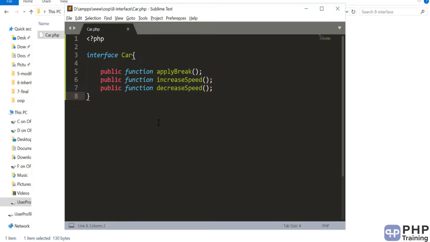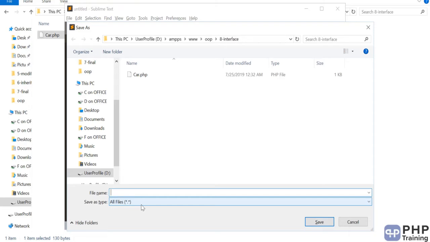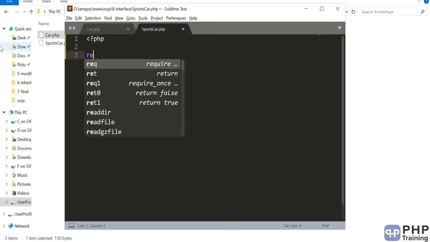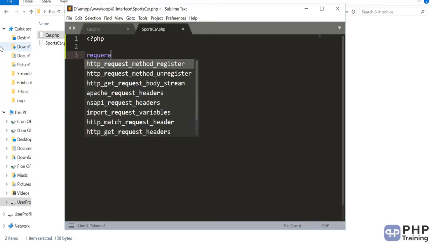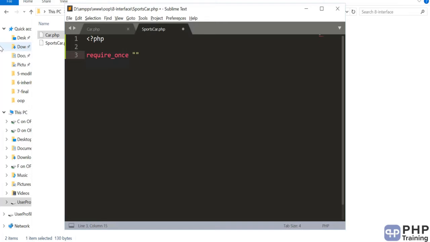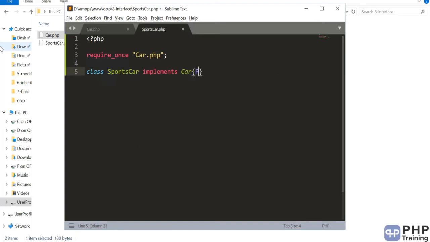So let's create that file and we call it SportsCar. Let's get that interface. Now we'll define the SportsCar which implements the Car.